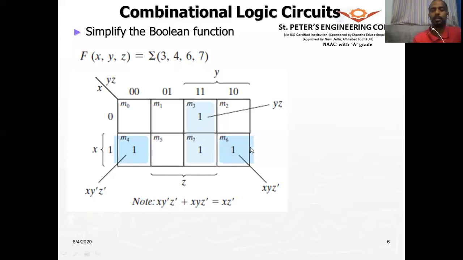Now, the speciality of this Karnaugh map is that when you fold it or rotate it, this edge will go and sit at this edge, right? So that is the advantage, or feature, of this Karnaugh map. So when you fold this, these two cells become adjacent, so therefore they both can be clubbed. Because this edge will go and sit at this edge, this cell will come here, so they both are adjacent. So therefore M6 and M4 can be